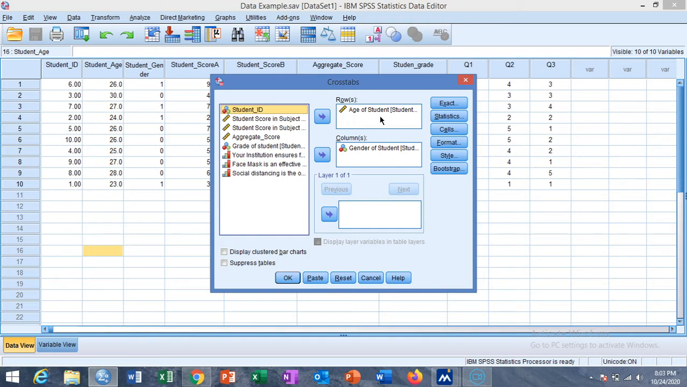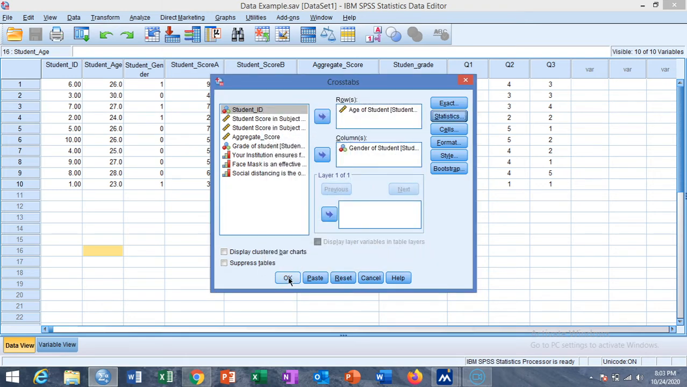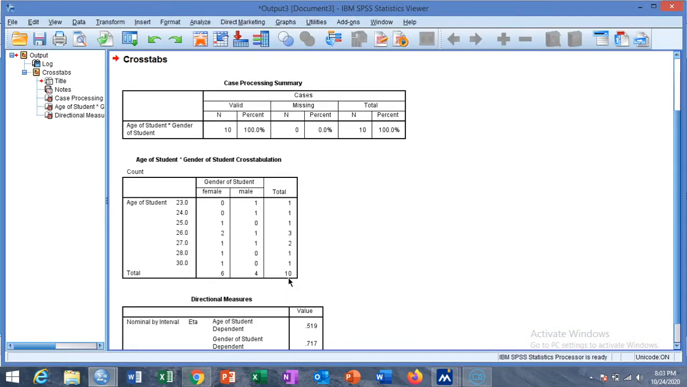Put the continuous variable in one box and the nominal variable in the other box, and then go to the option of statistics. You can uncheck correlation and tick eta. Basically, eta is used when one variable is nominal and the other is at least on interval scale. So by continuing and clicking on OK, we will see the result: